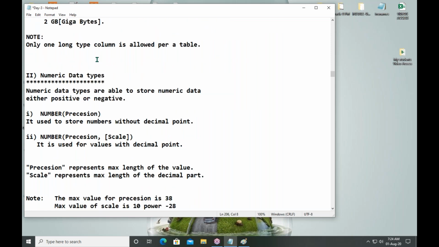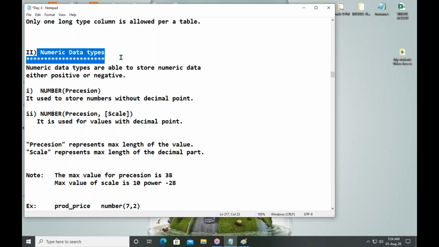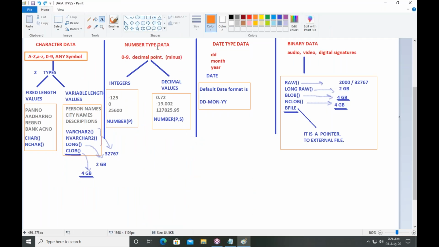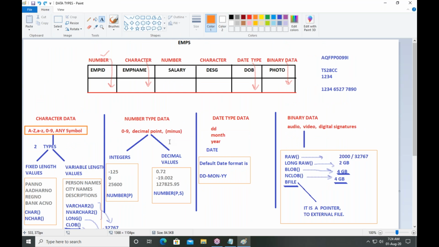What is the next data type? Number type data. What is numeric data? Numbers, maybe positive numbers, maybe negative numbers.